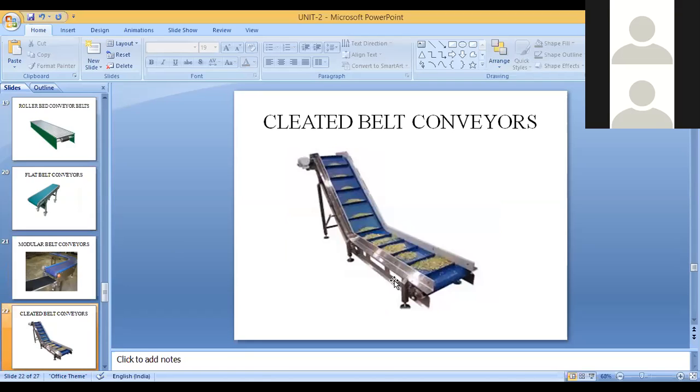This is cleated belt conveyor. This type of conveyor is used to carry the material in required quantity. For example, if you look at manufacturing of Lays, Kurkure, and all these food items, you can see this type of conveyor used in industry. It will not just throw the material wherever you have some small components like this. It means small quantity or very sensitive quantity of things. In such cases, we use these cleated belt conveyors.